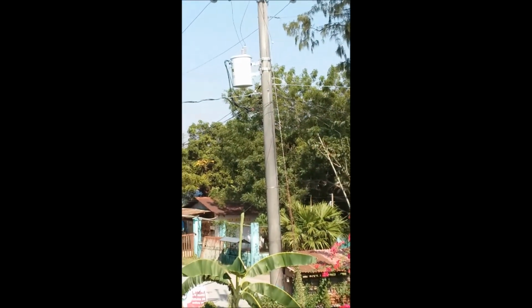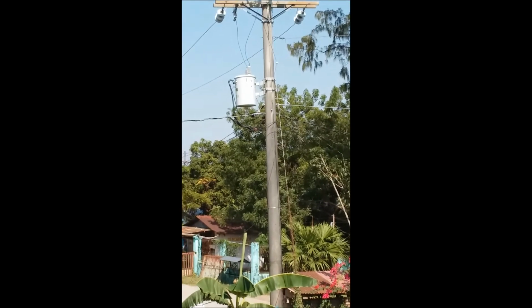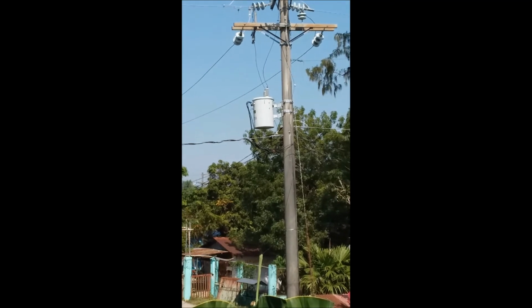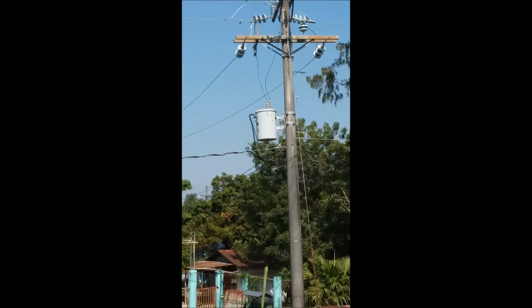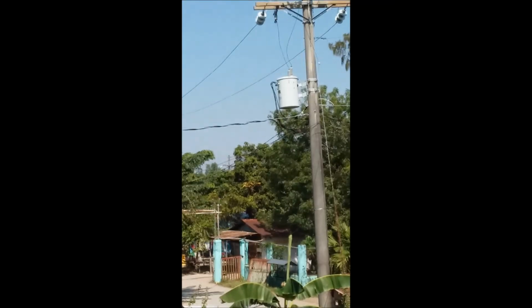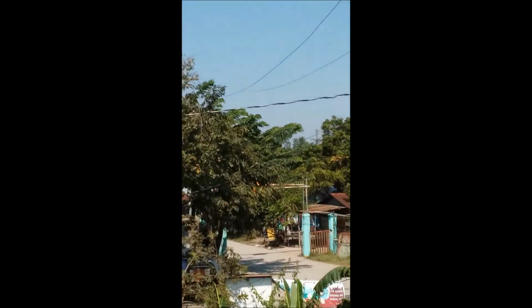At the front of the house here, we have a utility pole. Where those wires go left and right, if you look, there's a gray transformer. That's the Meralco transformer. I don't know how many kVA it is. It's got the 3 leads out, and one of them is wrapped around the pole going into the ground, so you only have the 220 coming out. If you look a little to the left, there's our electrical pole. We put it up in